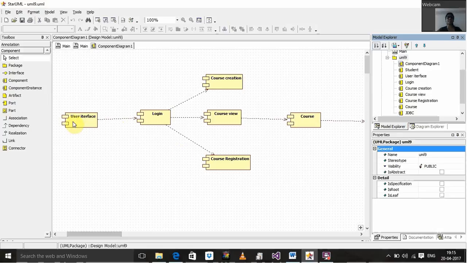So first, our user interacts with the user interface and goes on to the login system, and once they log into the system, they have course creation, course view, and course registration. So first their course is created, and then it is viewed by the user, and then it is registered by the particular user. Then these particular softwares are further linked to the course, where they are provided with different options,